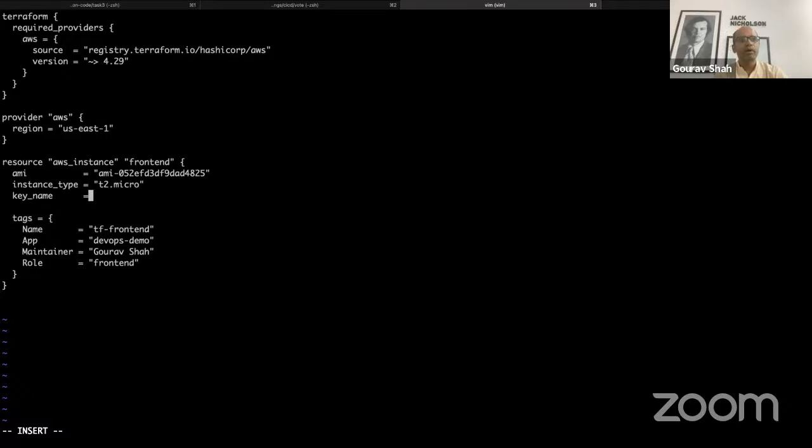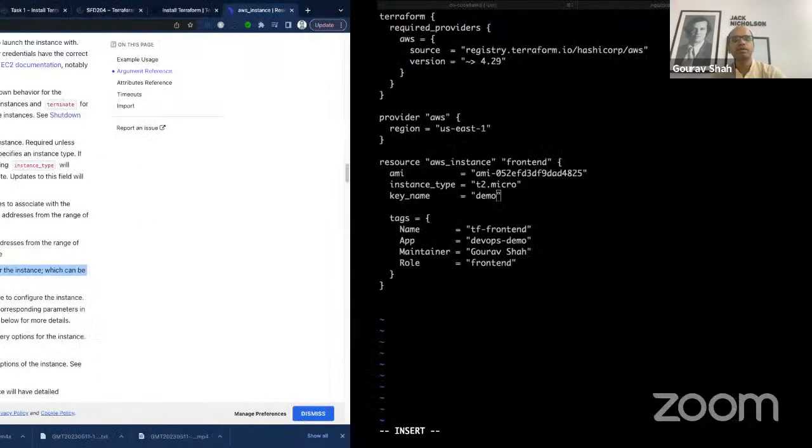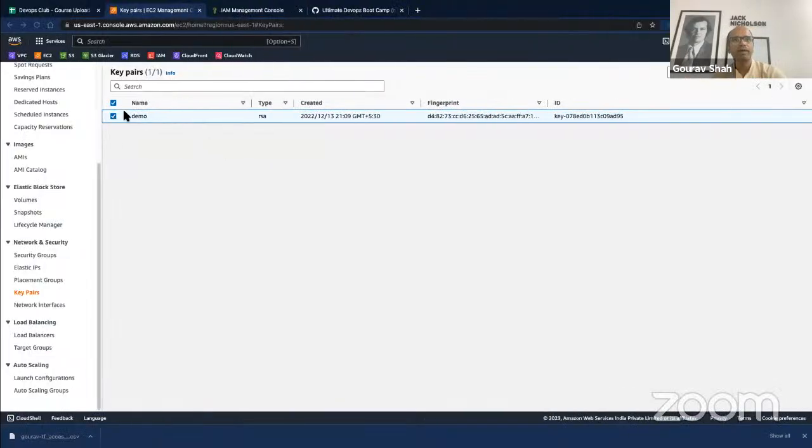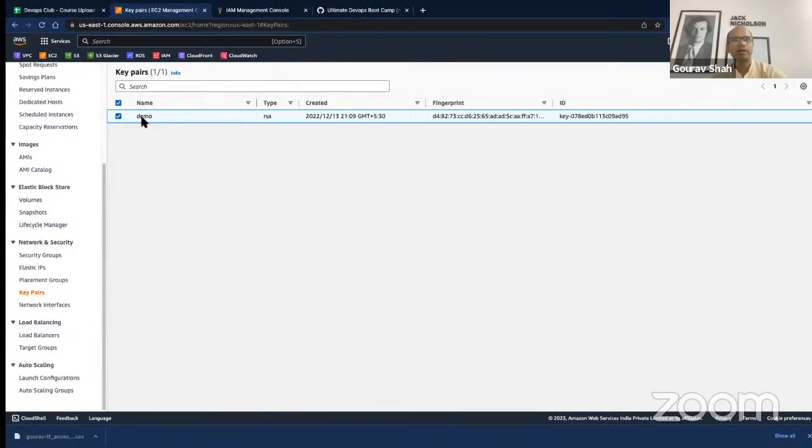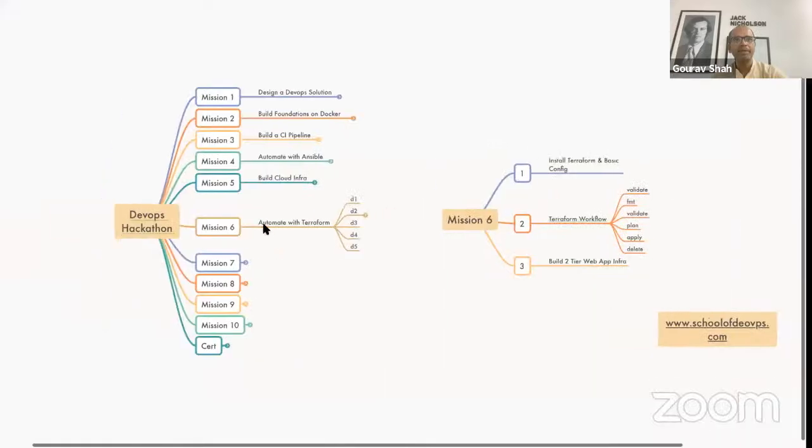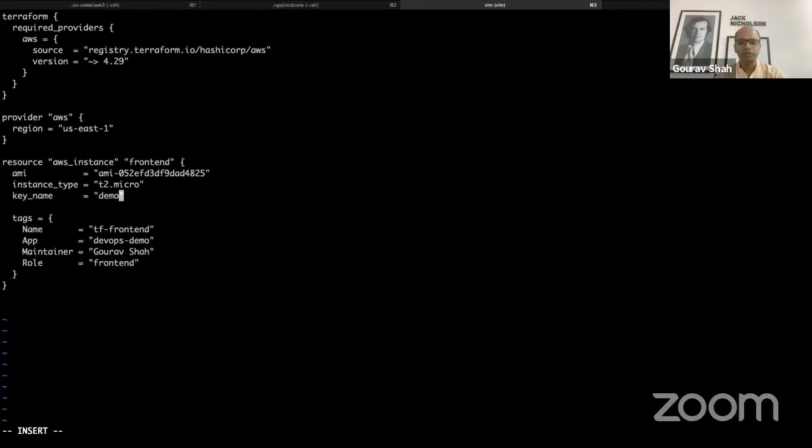The value would be whatever is available on my account. I can use that. So if I have a key pair by name demo, I can use that, right? I already have one. If not, you'll have to create one and provide the same name, maybe right here. Now this, if I try and apply,